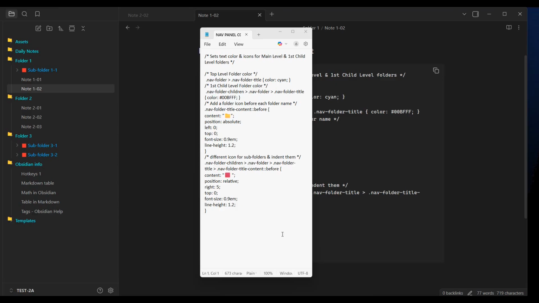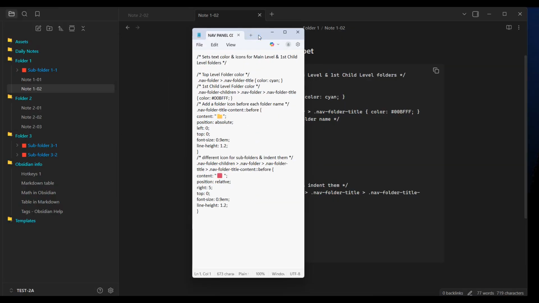Okay, I have this CSS snippet now open in Windows Notepad. If you've seen some of my other videos about CSS, you know that your code for your CSS snippets must be in a plain text editor. Windows Notepad works nicely, so does Notepad++, and there are others as well. You cannot use Word or any word processing software. It must be a plain text editor. The code here is exactly the same as the code you saw in